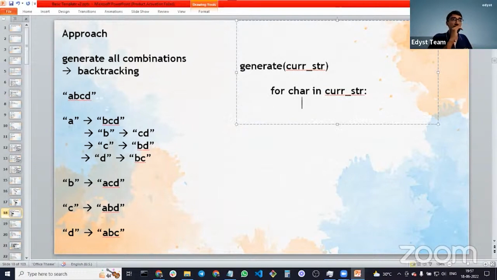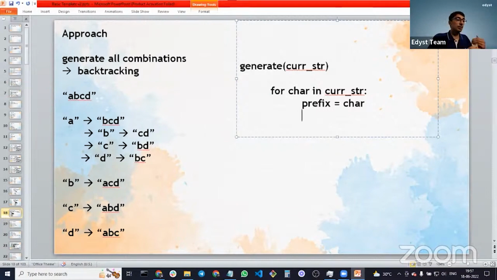I'm going to go through each character and I'm going to say, you know what? Prefix is equal to my character. This one will become my prefix. Okay, and then what will I do? I'll say now, let's say remaining is equal to current string